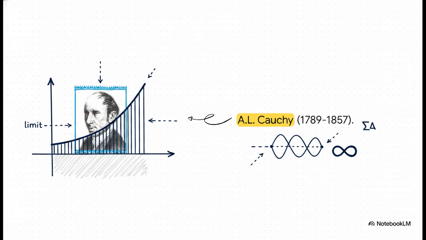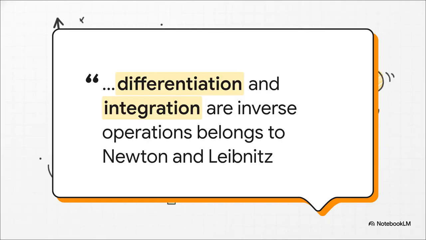It was Cauchy's work that provided the true mathematical justification for why adding up all those infinitely thin elementary areas actually, well, works. Just consider this powerful quote from mathematician Lie Sophie. It perfectly highlights that while the core conceptions go way back to Archimedes and others, the true breakthrough, that realization that differentiation and integration are actually inverse operations, belongs to both Newton and Leibniz. Despite their incredibly famous rivalry and completely independent approaches, their combined discoveries literally changed how we understand and measure the